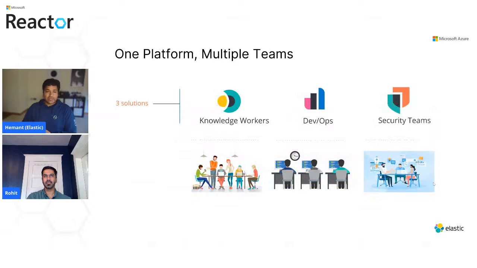What this translates into and where users tend to gain value from Elastic, it's the same stack and same skills that then people end up using. This one platform gets used across multiple teams. So knowledge workers, DevOps, and security teams leverage the same stack powered by Elastic technology underneath. Knowledge workers are looking to find information to be more effective when they come to work. As an example, when I come to work, I go to OneDrive, I have different content sources, I spend a lot of time in GitHub. So the enterprise search helps knowledge workers to get that information efficiently and quickly.